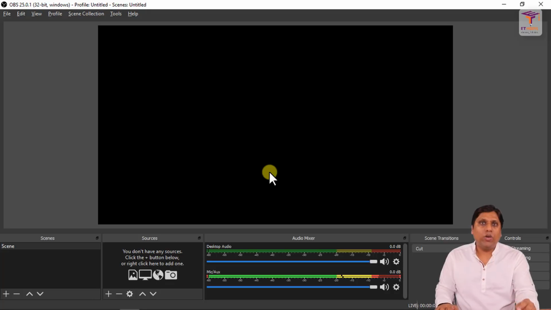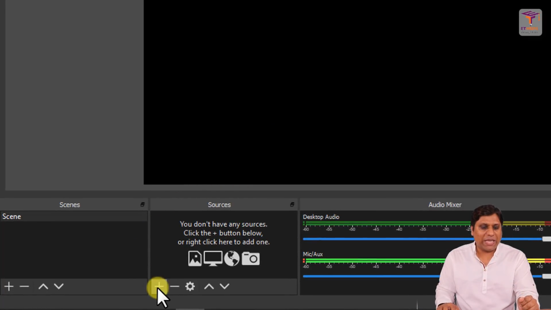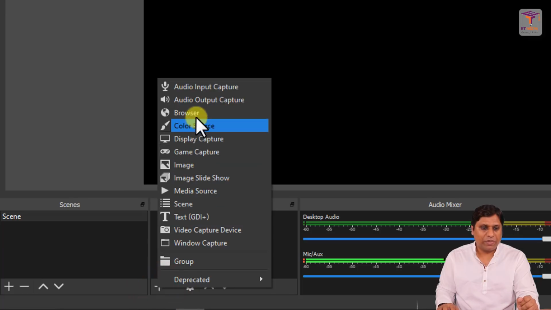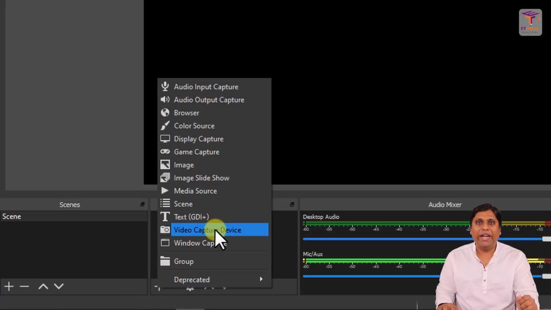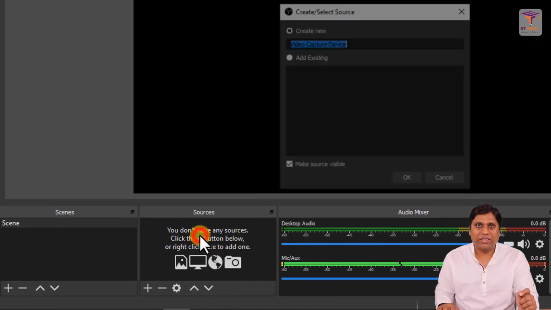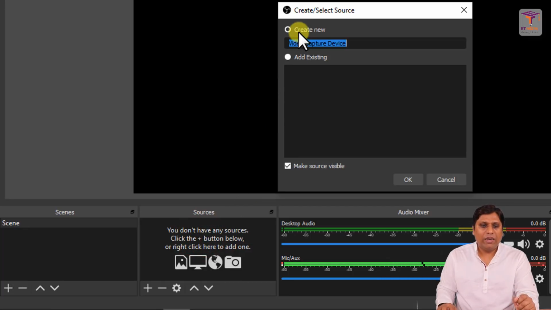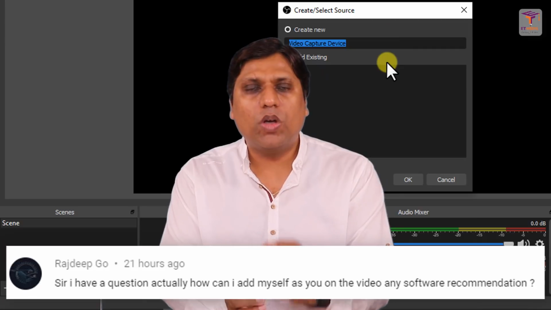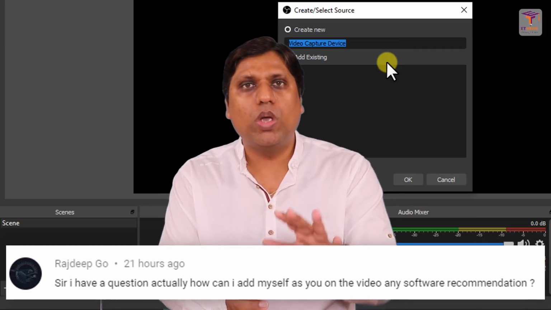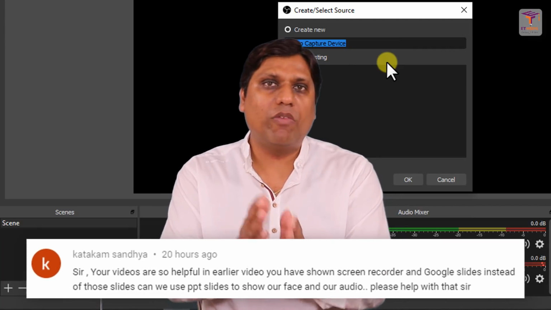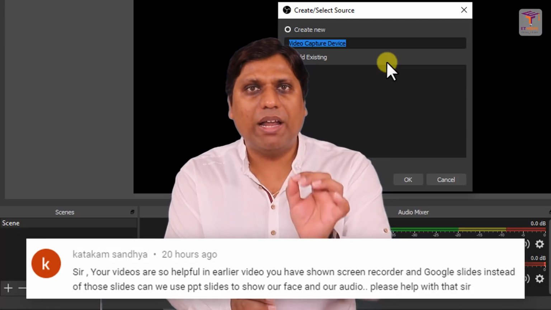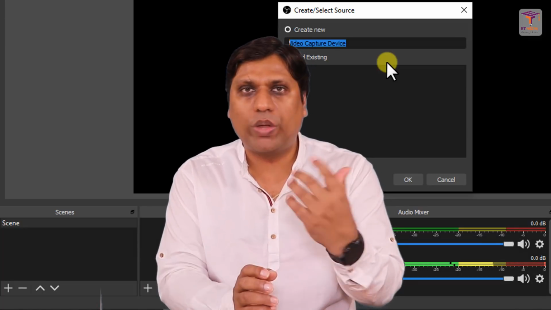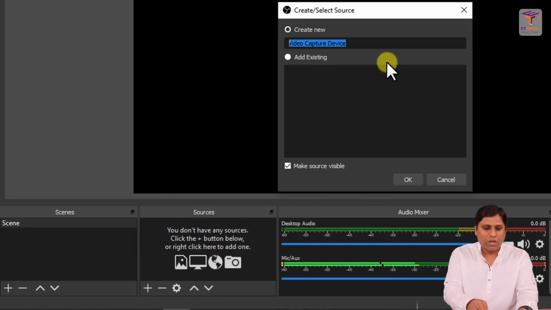In order to add your video with OBS software, you need to click on this plus icon on the Sources tab. Here you will add a video capture device. Let's click here. Then let's give it a name. I am giving it a name because I want to remember it. I want to show you the difference between the quality of cameras also, so you understand a very important element when you want to create a video like this.